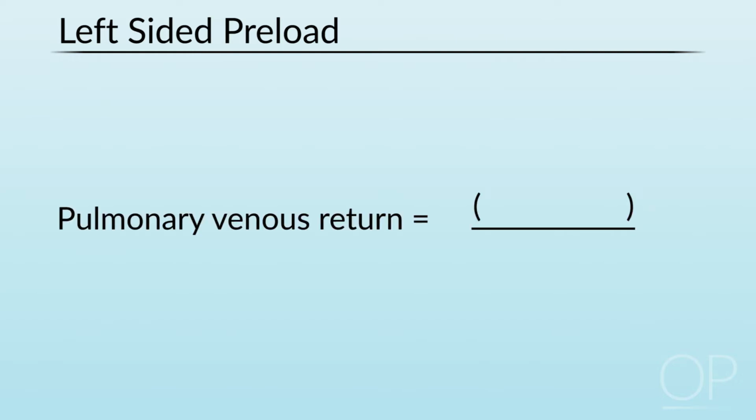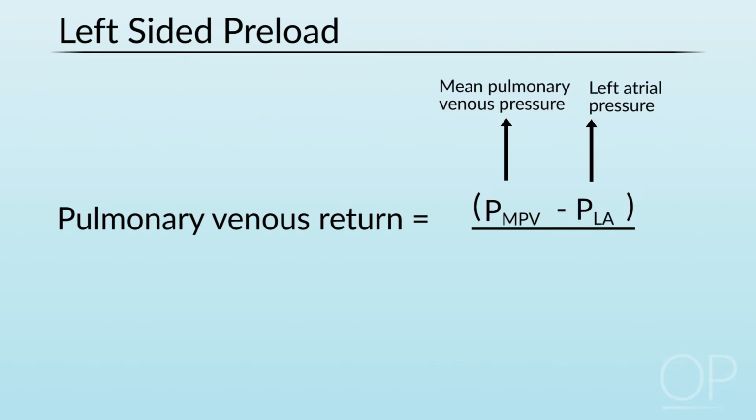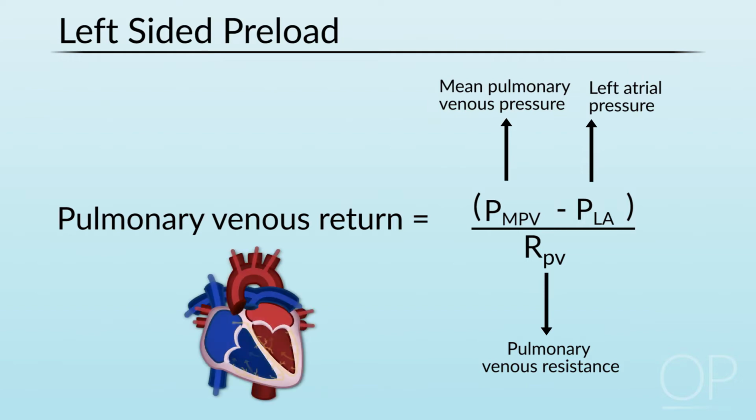Pulmonary venous return is essentially the mean pulmonary venous pressure minus the left atrial pressure over the pulmonary venous resistance. Again, this is a derivation of Ohm's law. Flow is driving pressure over resistance. In most cases, this is actually determined mostly by the right ventricular output. Unless there is a specific issue anatomically with the left ventricle or with the function of the left ventricle, for the most part, what the right heart puts out will be equivalent to left